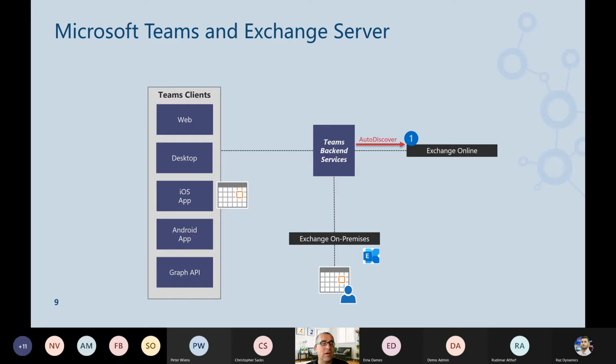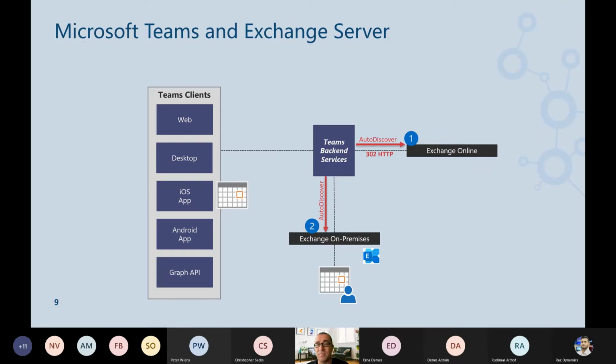And this request is always sent to Exchange Online, because Exchange Online is seen as a reliable source by the Teams backend services, providing the required information. So the assumption by the Teams backend services is that Exchange Online has the knowledge about where the Teams user's mailbox is located. In the case that you are in a hybrid,